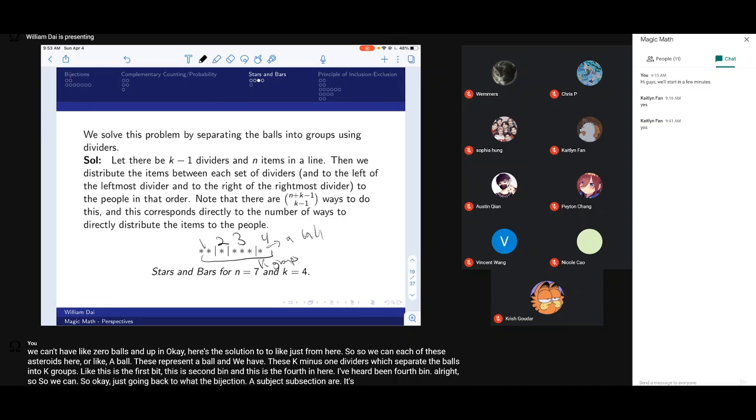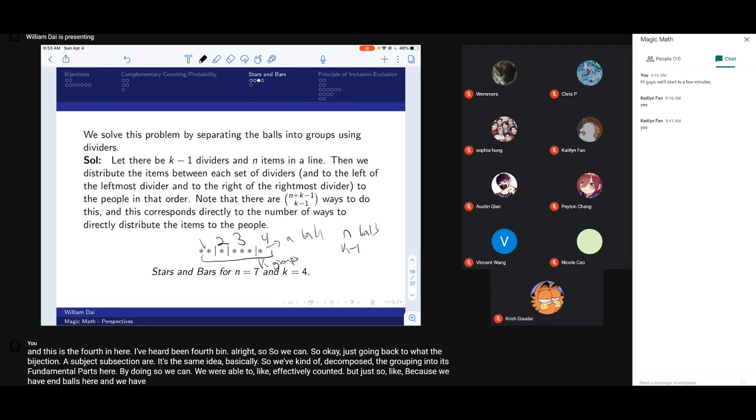It's the same idea basically. We've decomposed the grouping into its fundamental parts, and by doing so we're able to effectively count it. Because we have n balls and k-1 dividers, there are n plus k-1 choose k-1 ways to arrange them, because remember the balls are indistinguishable,